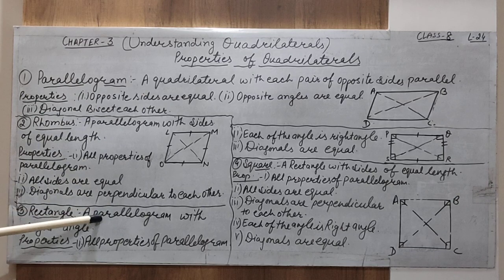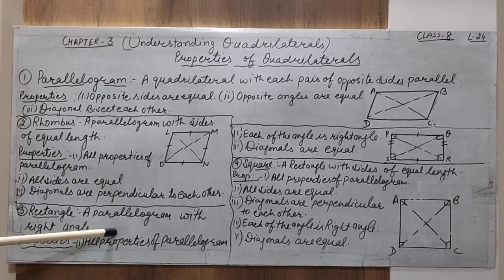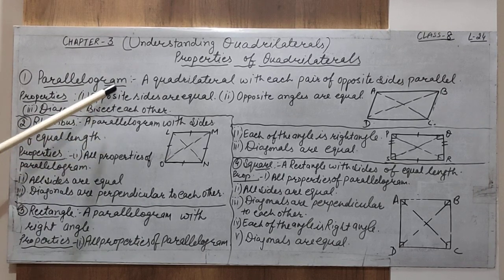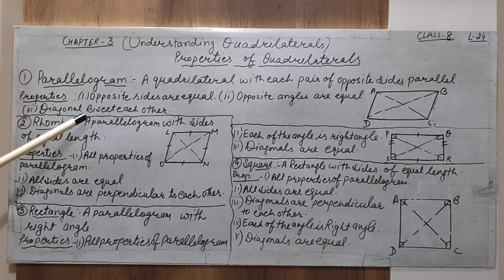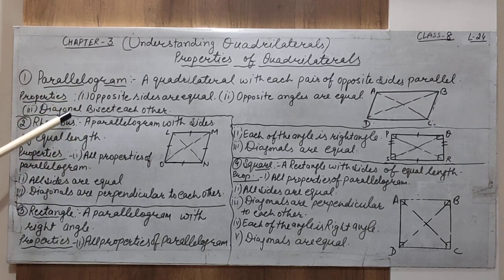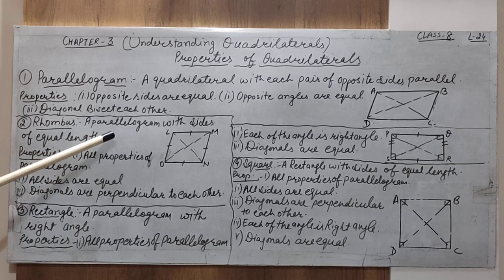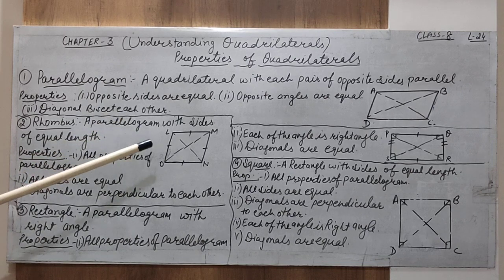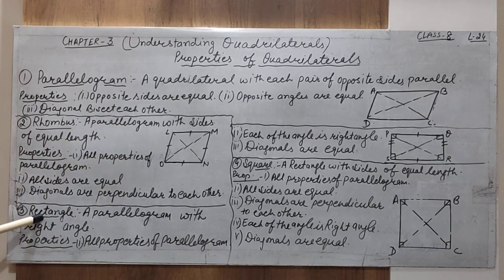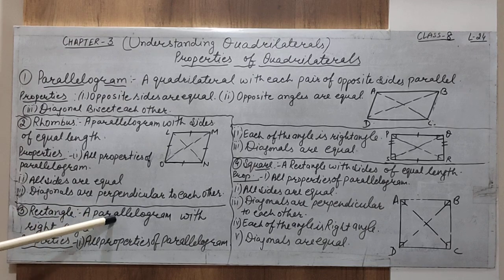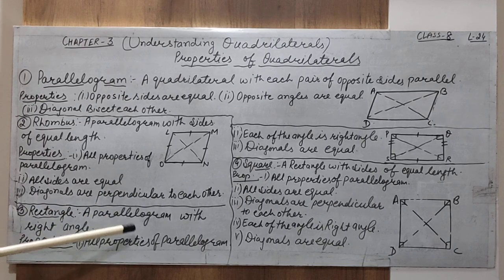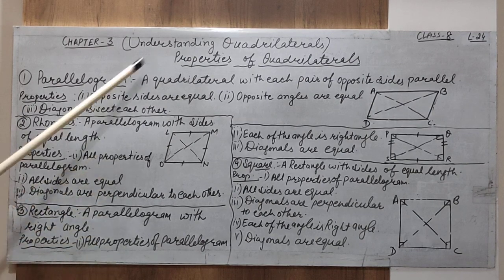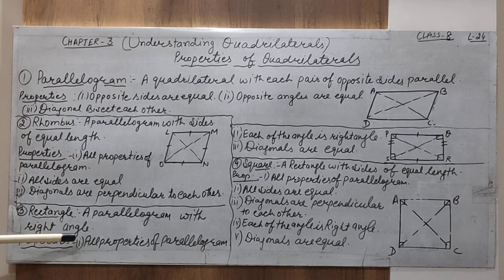This kind of question you must understand with the help of the properties. And a parallelogram cannot be thought of as a rhombus, but a rhombus can be thought of as a parallelogram because all the properties of the parallelogram are included in the rhombus. So when we talk about the rhombus, we are already talking about the parallelogram. Similarly, when we talk about the properties of the rectangle, first understand all the properties of the parallelogram, then use the additional properties of the rectangle. Now I'll give you a quick revision of all the quadrilaterals.